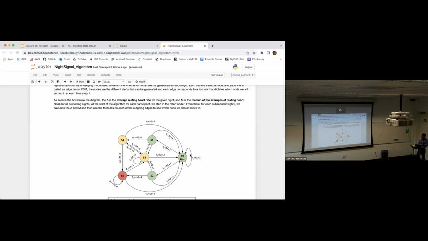So you're still in this state. But if it goes above the threshold, whether it's 3 points above or 4 points above, depending on which one is happening, we go to either state 1 or 2. So if it's only 3 points above, we go to state 1. But if it's more than or equal to 4, we go to state 2. And then from state 2, again, if it's more than 4 for the next night,